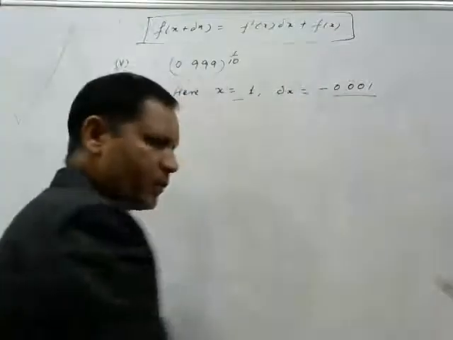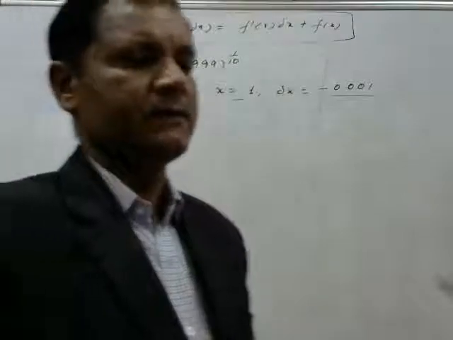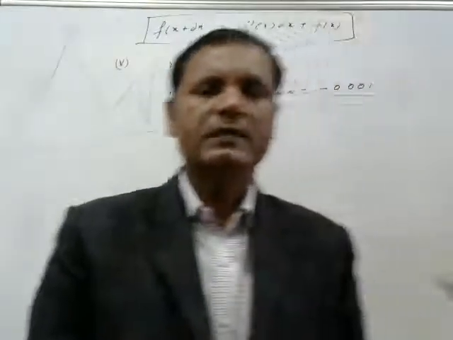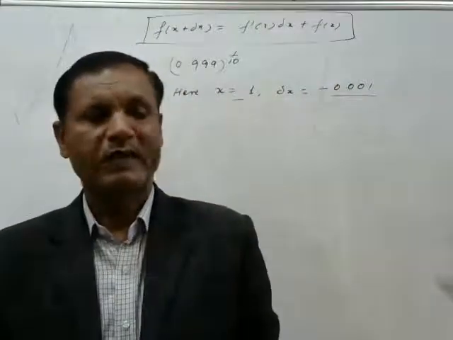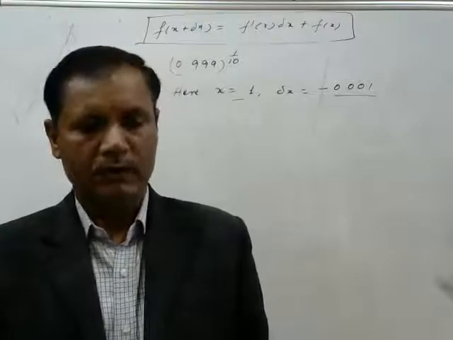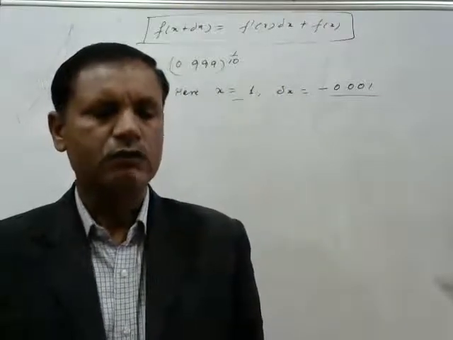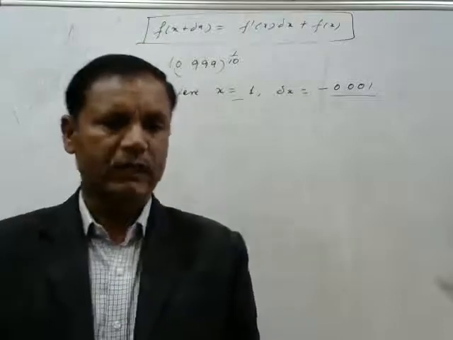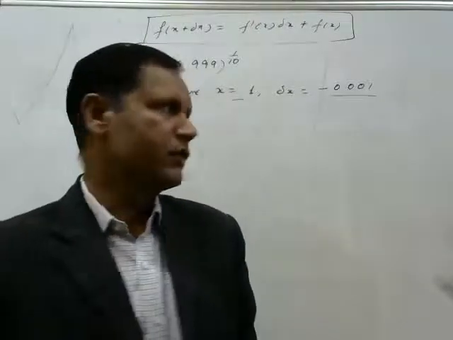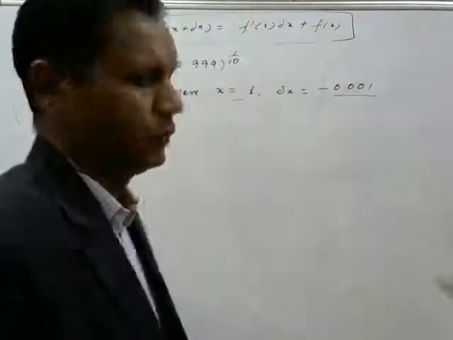Delta x can be positive, can be negative. This is a small change. A small change, as small as you can think of, no problem. It can be very, very small, it's very, very near to 0, isn't it? From the left hand side or from the right hand side. Therefore, it can be positive, it can be negative, both.